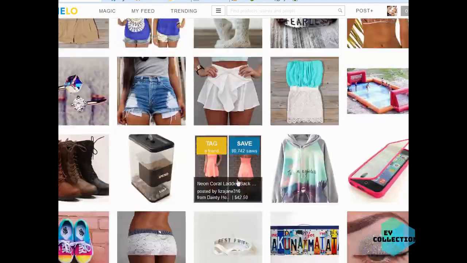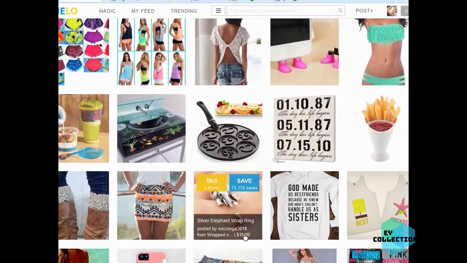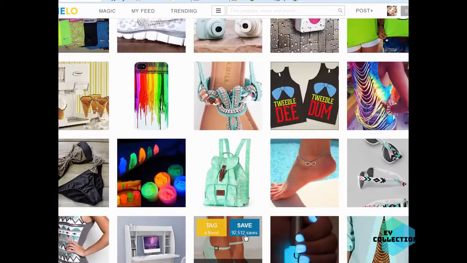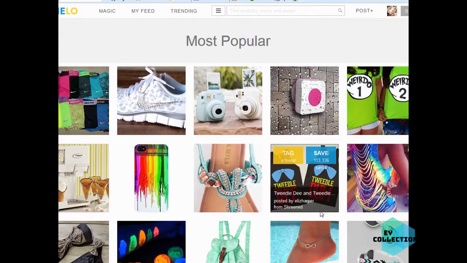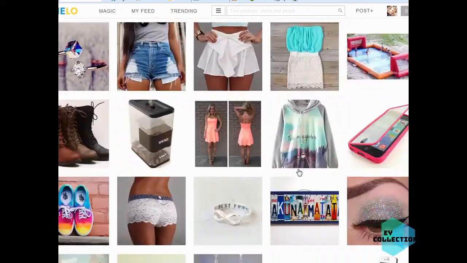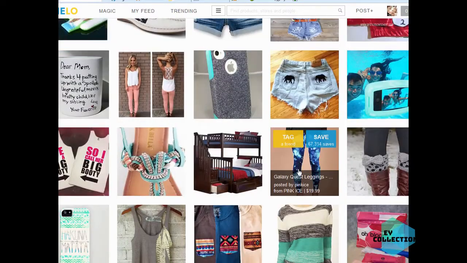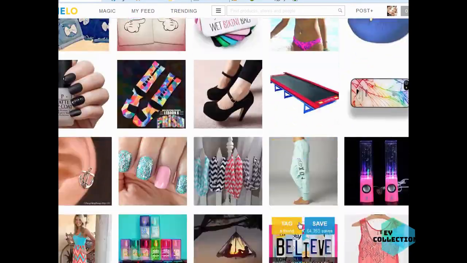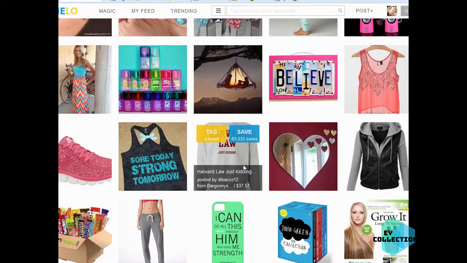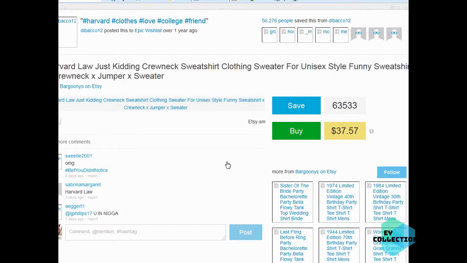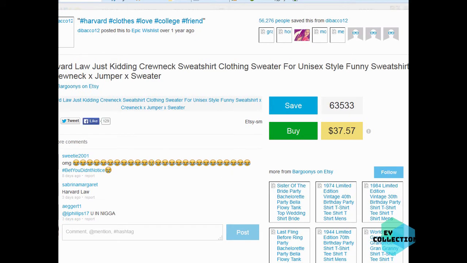So this is a great site that I go to all the time to take a look at what people really want to buy. Let's say we click on a shirt. The first one we see here could possibly be used on Teespring in a campaign. Here we go, Harvard Law, just kidding. If you click on that, what's really cool about Wanelo, it'll show you